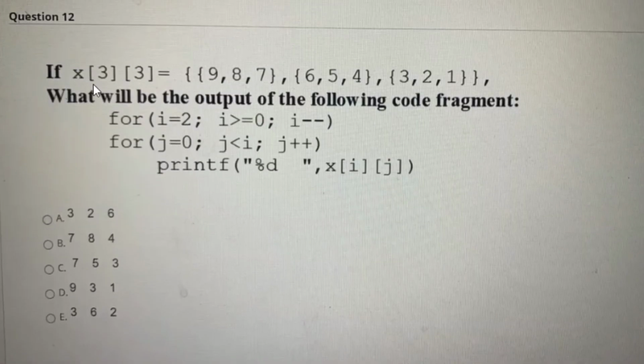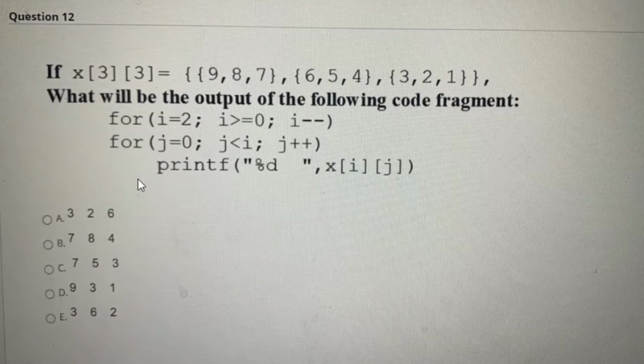Now the next question. This is the input provided and this is the code. We need to find the output for this code. i = 2, i >= 0, i--, then j = 0, j < i, j++, printf x[i][j].